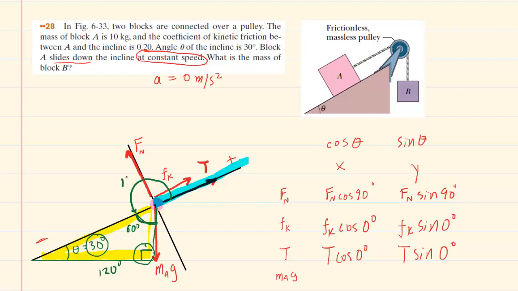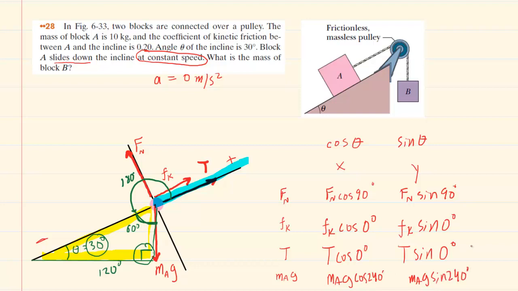In other words, you take 180 and add 60 more degrees to get a total angle of 240. So for your gravitational force, you'll have mAg cosine of 240